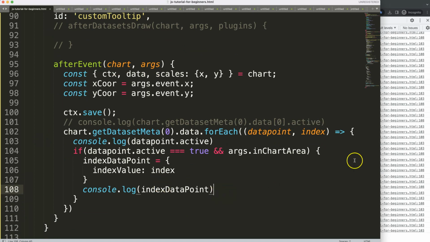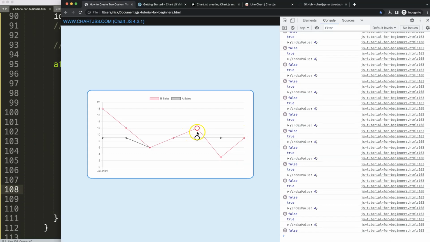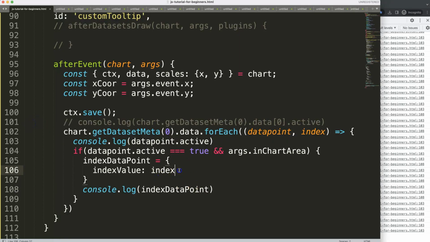Number 2, what do I need to know? I need to know if I'm, for example, hovering on this one, is this one the highest value or that one? In this case, we can visually see it, but the computer doesn't understand this. So we need to talk to the computer or the browser and tell the code what we want. So what I want to say here,